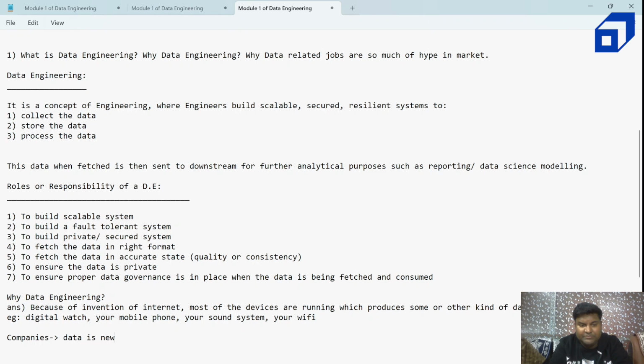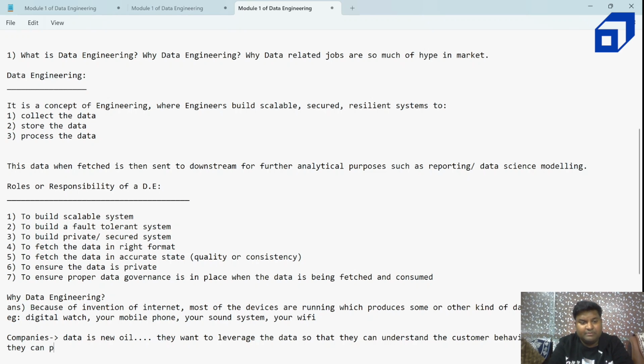For a company, data is the new oil, which means they want to leverage the data so that they can understand the customer behavior in advance so that they can plan their resources. When I talk about resources, it is both the expenses in terms of manpower or cost. They can plan their expenses or cost accordingly. They can understand how the business is performing in upcoming months,